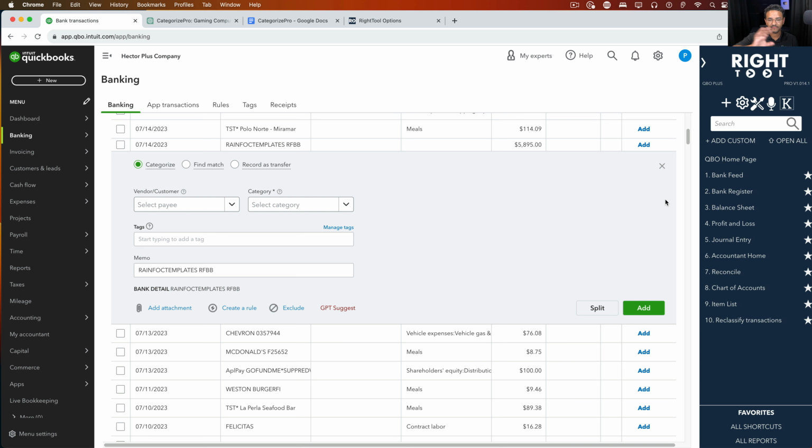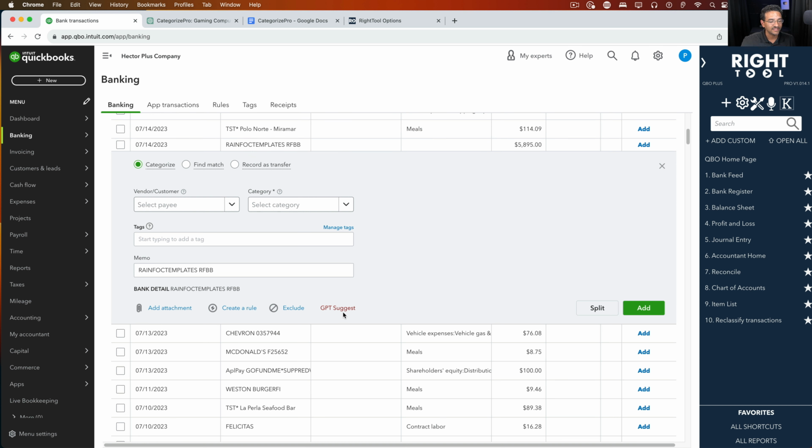RightTool is an app that sits alongside of QuickBooks Online. It's a Chrome extension. This particular feature I'm going to show you is a pro feature, which means it's in the paid version. There's a free version that contains sort of a light version of RightTool. But this specific feature is pretty much one of the most advanced things that we have, which is we integrated, or I gave you the ability to integrate, QuickBooks with ChatGPT. In this case, this is the banking context, to do the exact same thing that we did in ChatGPT, but all inside of QuickBooks, so it feels like it's one experience.